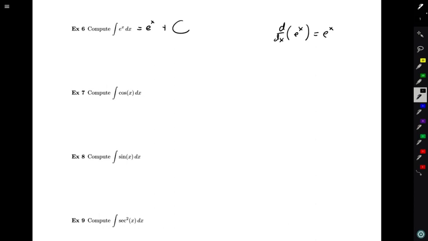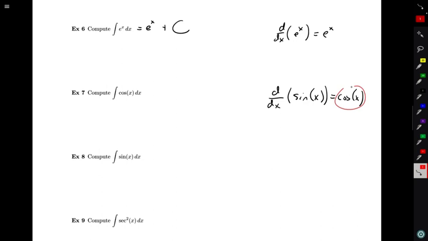For our trig functions, so let's see. So we've seen power functions so far. We've seen natural log show up. We've seen e to the x show up. Let's talk a little bit about trig functions. If we're thinking about the antiderivative of cosine, then we want to remember some of our trig function derivatives. The derivative of sine of x is cosine. And so that's going to tell me that the integral of cosine, or the antiderivative of cosine, is sine,